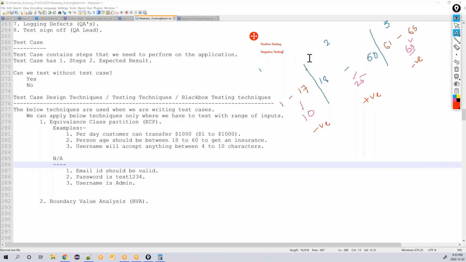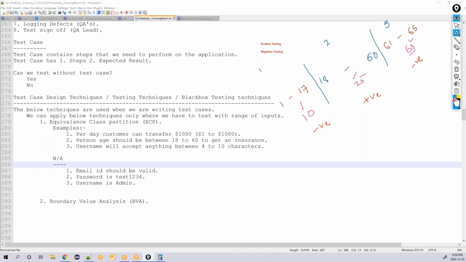Positive and negative are one kind of testing you do in functional testing. You are testing the functionality: you enter some input, like 10 as age, and when you click on submit, that's the action you are doing. So these are the scenarios you will be testing for 18 to 60.